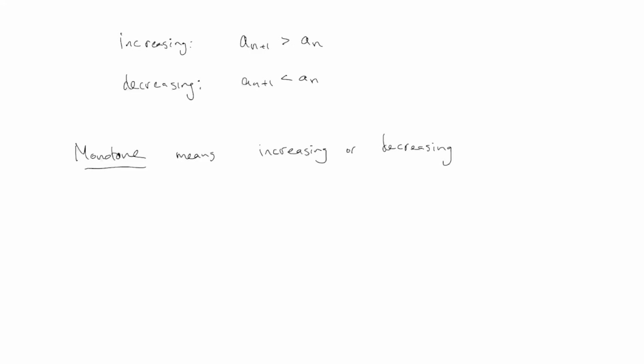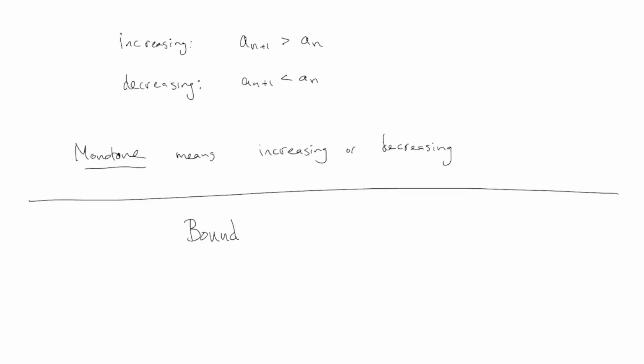That's all we talked about last time. We're going to mention that this time, but it is not our main topic for discussion. One other property of a sequence: a sequence could be increasing or decreasing or neither. Another property of a sequence is boundedness. That is, a sequence can be bounded or not. This is an important property that a sequence can have.